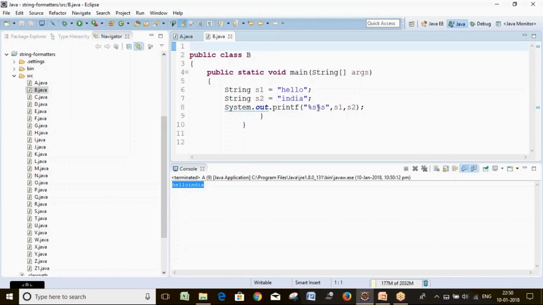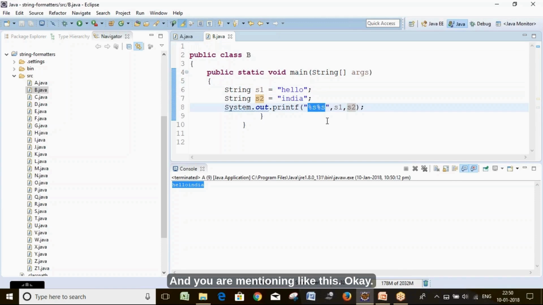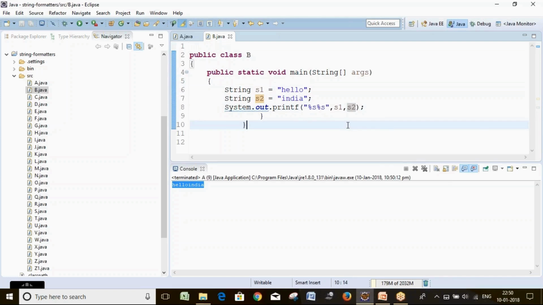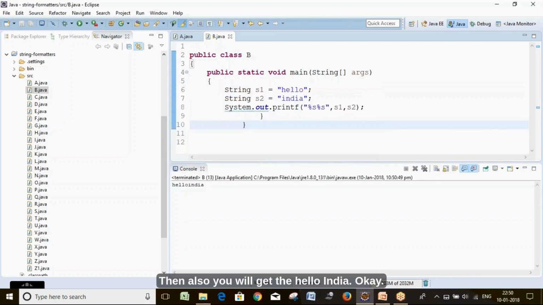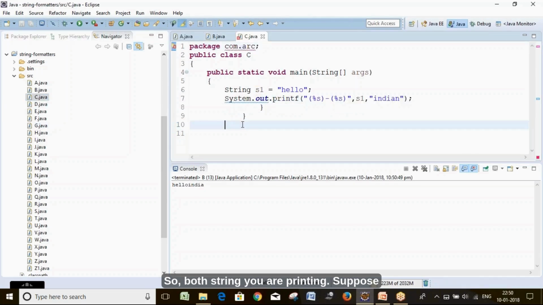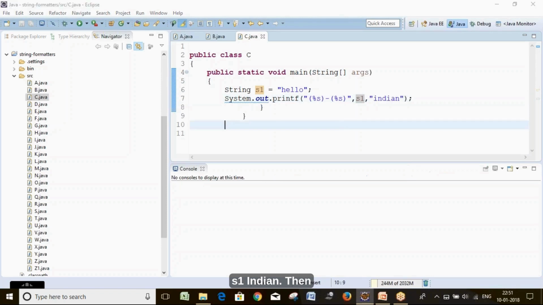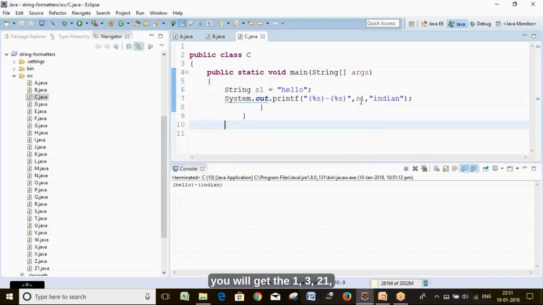Now here you have s1 and s2 and you are mentioning them like this. Then also you will get Hello India. Both strings you are printing. Suppose it is mentioned like this, then s1 and Indian, you will get hello, hyphen, Indian.